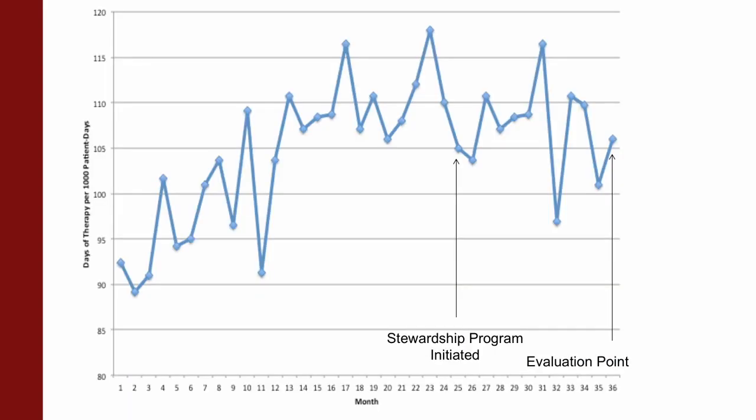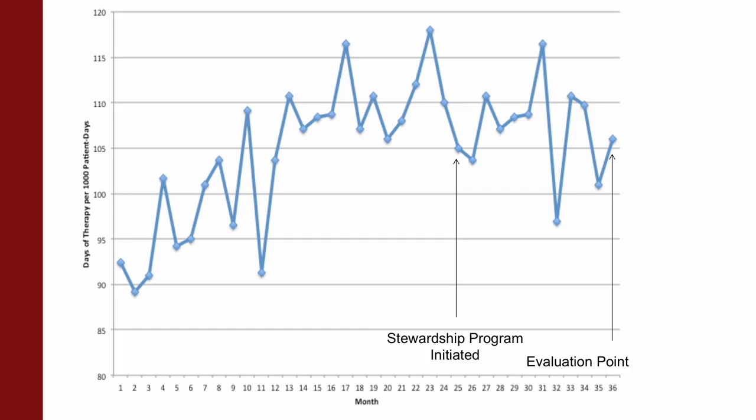What about when an intervention is actually put into place? What's the best way to measure its effect? Here's an example of antimicrobial use data over a 3-year period in an institution, although the concepts apply to any data that can be measured at repeated intervals over time. Let's consider this data is being collected to evaluate the impact of an antimicrobial stewardship program, which is given 1 year to show its effect on utilization.